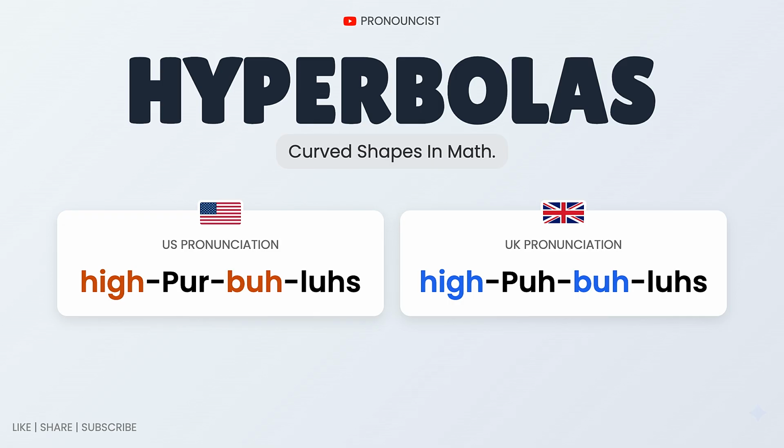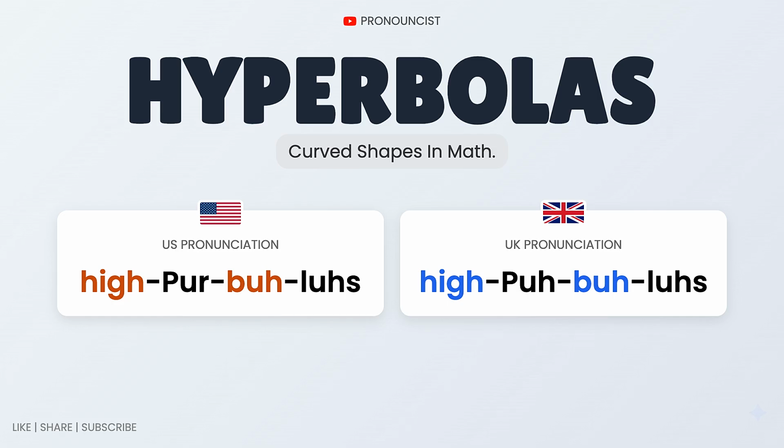Hy, per, b, lus, hyperbolas, hy, per, b, lus, hyperbolas. Now, let's focus on British pronunciation of this word,